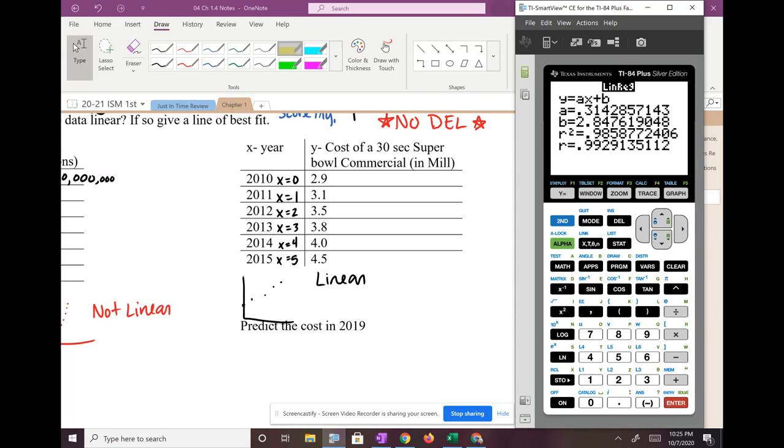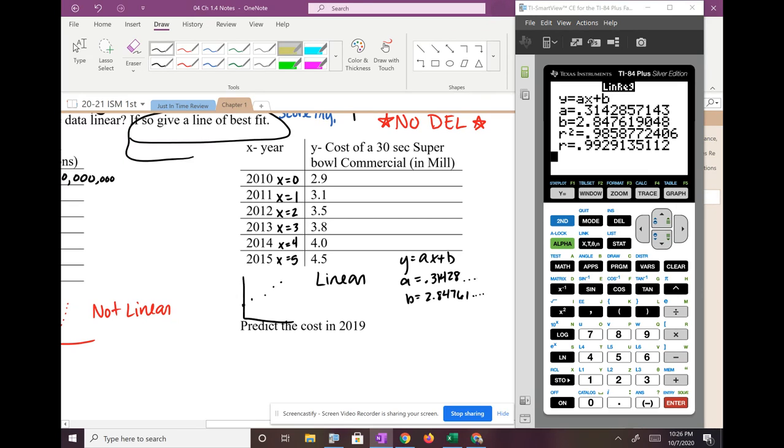So this is what you should get now. It tells you that y equals ax plus b, where a is 0.31428, and b is 2.84761. To get the linear equation, the line of best fit, that's the linear regression that we just found. So this is it right here. You just have to plug it in. So y equals, a is